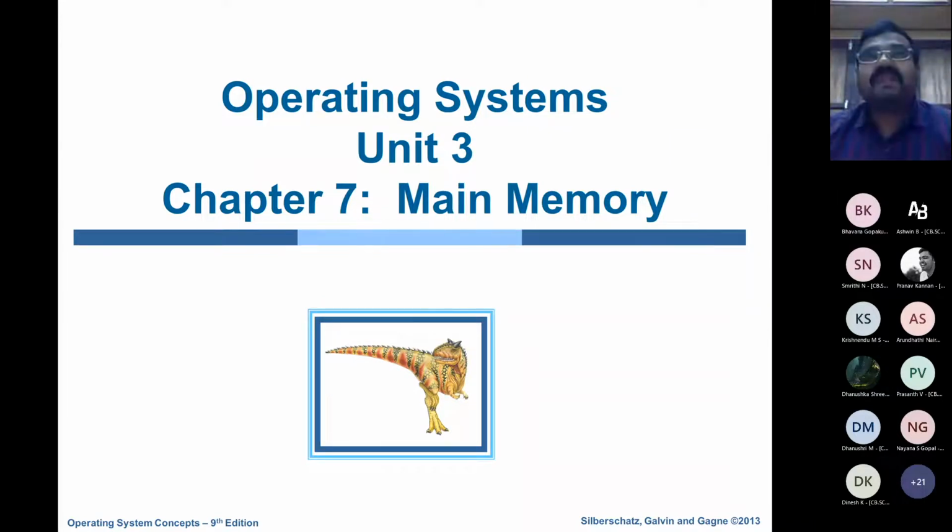And in that process, we saw various aspects: how to schedule the thread, how to synchronize the thread, how to avoid deadlocks, various algorithms like the banker algorithm, and so on. So today and the next class, we will see main memory and virtual memory, the various aspects of how the operating system manages the various memory management functions of the computer.